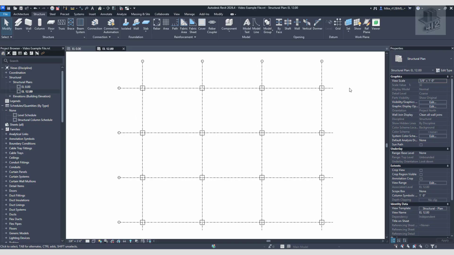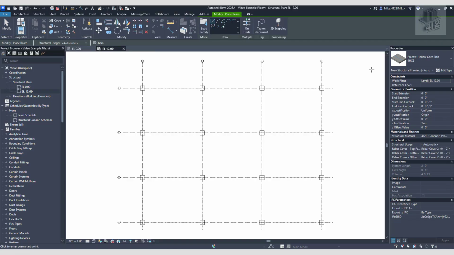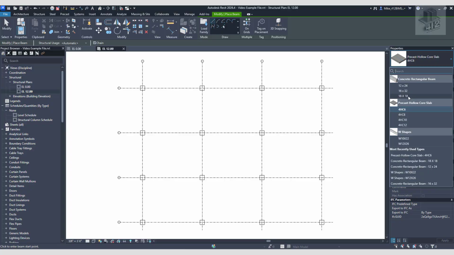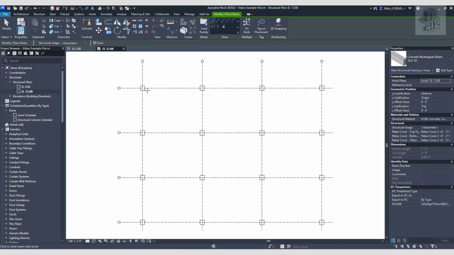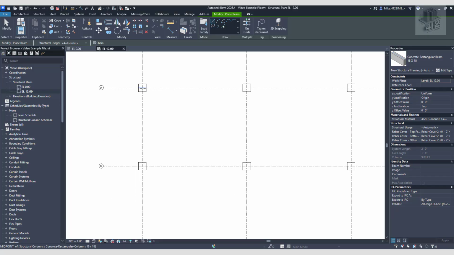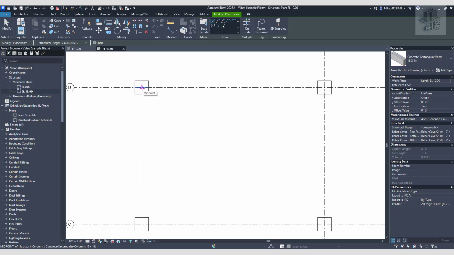Now here at elevation 12 feet, you can see the tops of these columns. You can click on it, go to the Structural tab, the Structural panel, and then there's the Beam tool. What we're going to do is set this for an 18 by 18 beam. You could pick here, I'll pick the midpoint, and as you can see, it's previewing the middle of the reference plane of this column, right? If you hit tab, you can pick the middle here. You can also